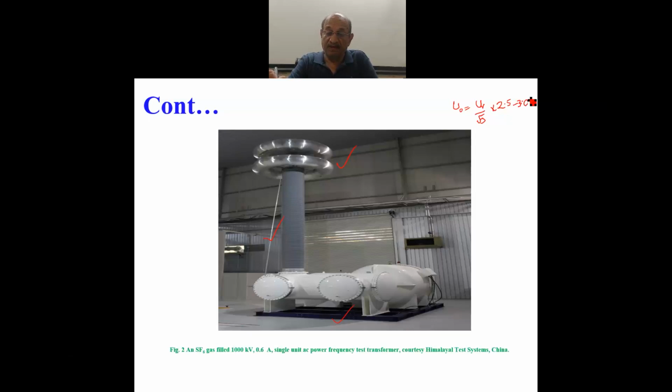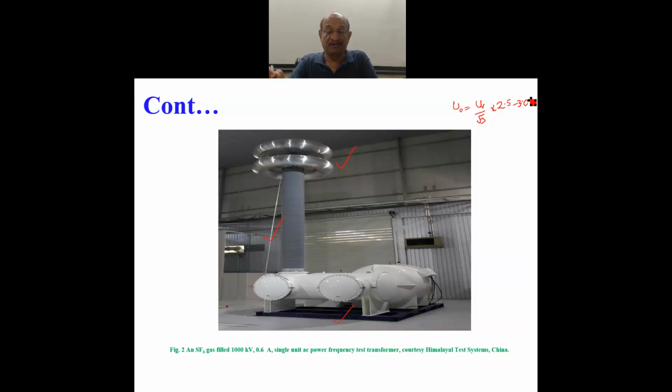So you can make the calculation, that is 2.5 or 3.0 times U naught. U naught is the voltage between the phase and the ground. That is U rated voltage divided by √3, between phase and the ground,